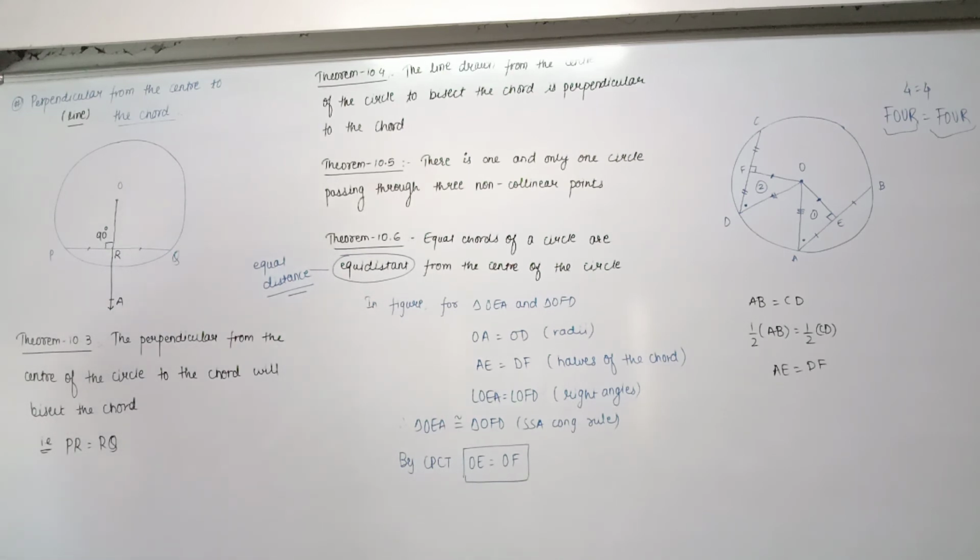Equal distance. The distance of the chords from the center will be equal, but only when the chords are equal in length. Now if I say that chords are unequal in length,